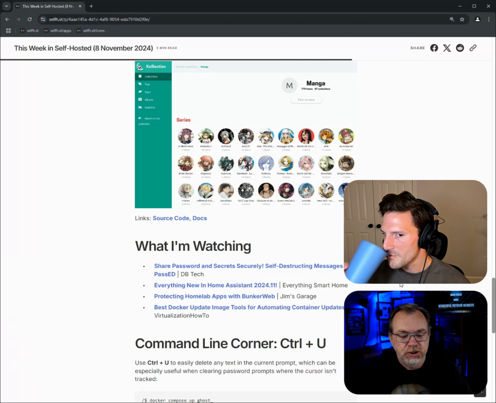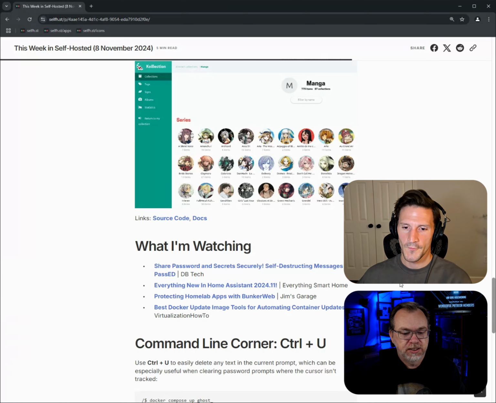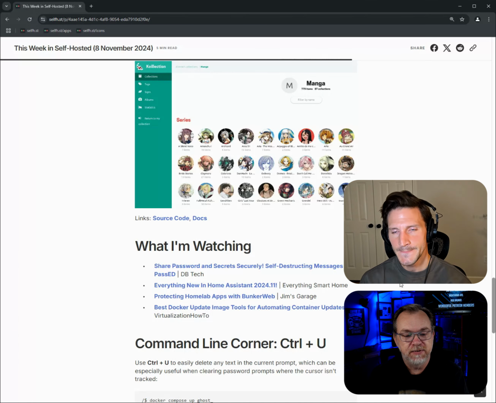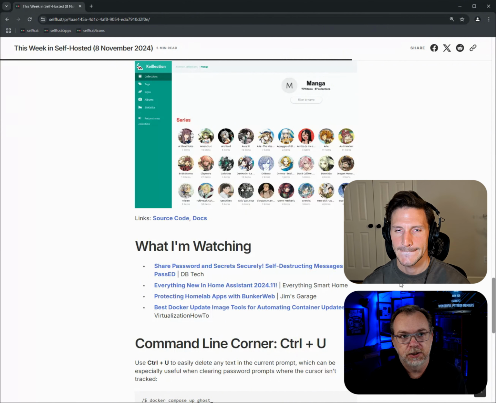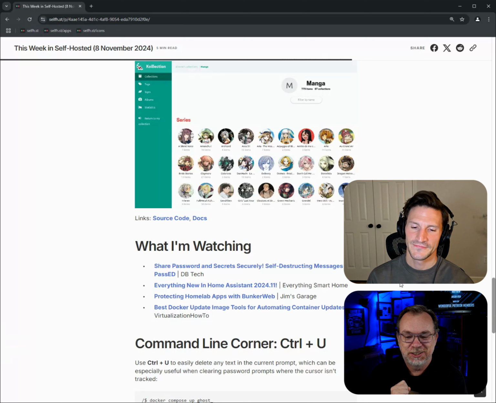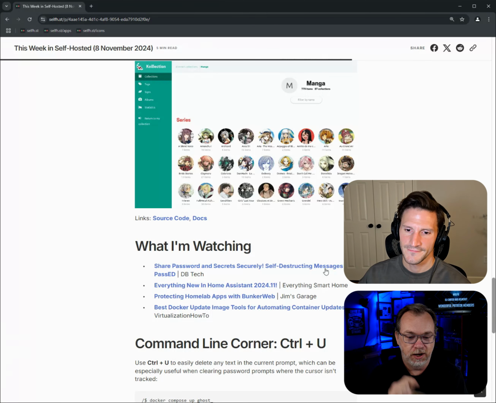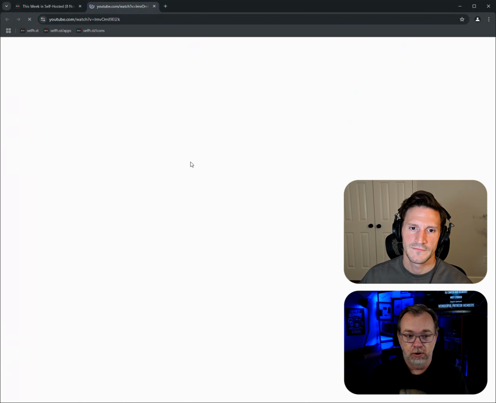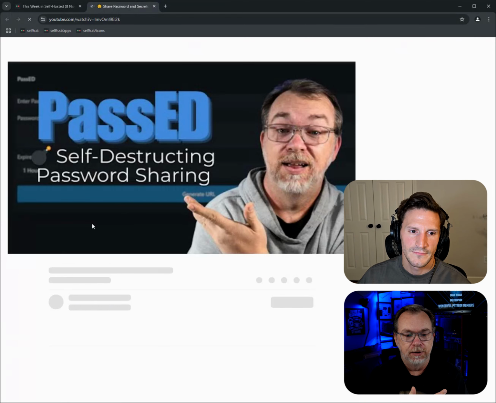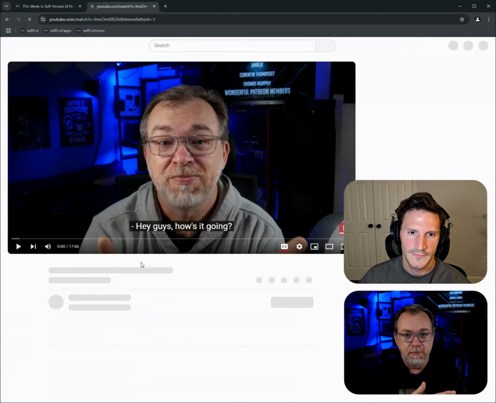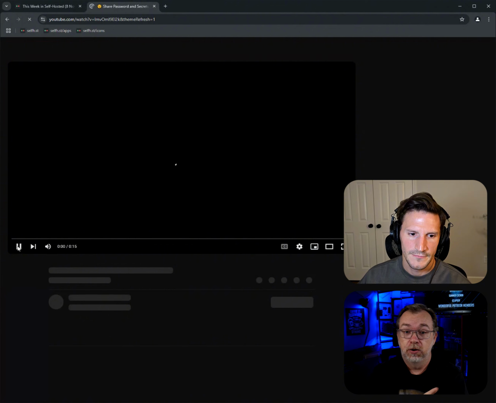So this one's kind of an interesting thing, and it's not a novel concept or anything, but I dig what they've done. Basically, sorry, give me a second here. I'm getting tongue-tied. Okay, it's meant to be a password sharing platform. So you put your password in, you click go, and then it generates a URL that will be encrypted and can only be shown one time.